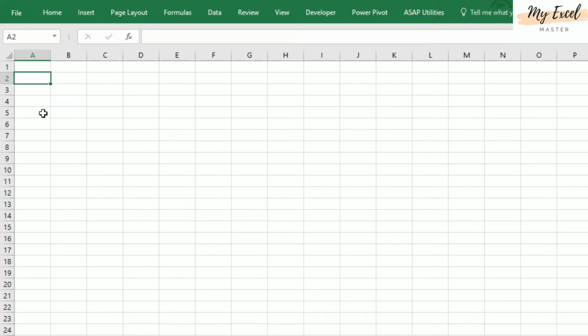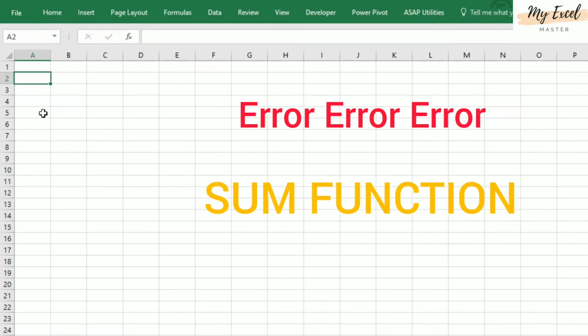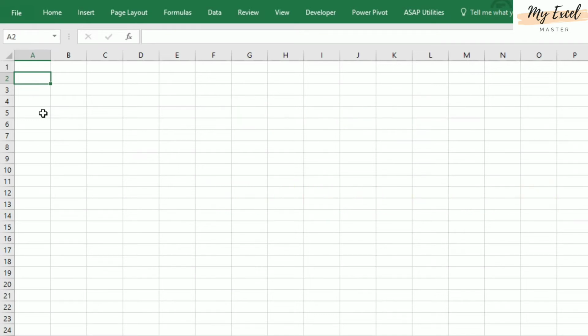Today we are going to see the hidden error of sum function in Excel. Let's see what it is. Before that, we will create one table,